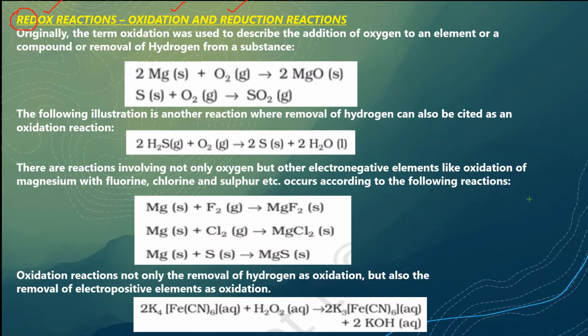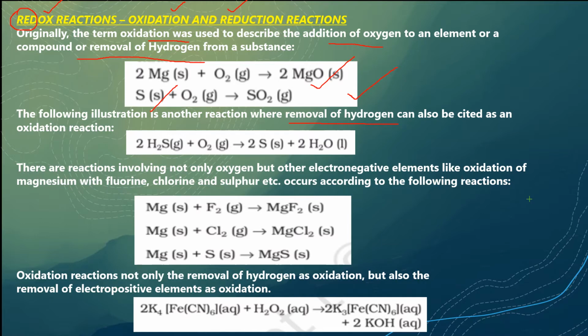sure you must be having some knowledge already about it. The term oxidation was initially used to describe the addition of oxygen to an element or a compound, or removal of hydrogen from a substance, as the reactions are showing here. Mg plus O2. Here oxygen is adding to magnesium, so this is oxidation. Oxygen is adding to sulfur to give SO2. This is also oxidation. And the following illustration is another reaction where a removal of hydrogen can be taken as